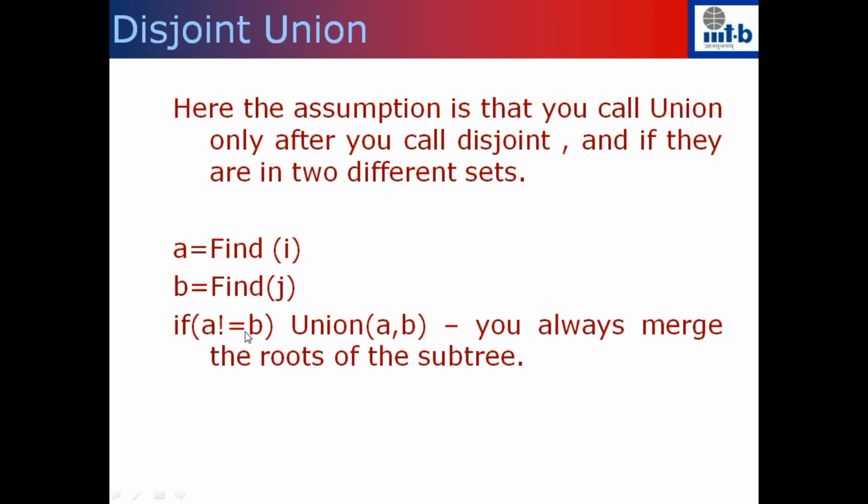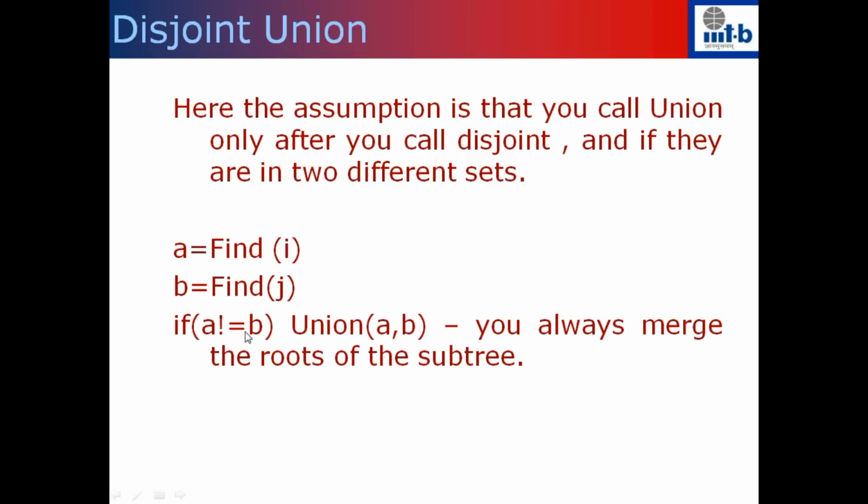That's precisely what happened in the case of Kruskal. You check whether an edge goes across two connected components; that is the disjoint. Only if it goes across, then you add it. So the checking is being charged to disjoint, and adding that edge and merging the connected components is being charged to the union. If the application doesn't necessarily call disjoint before you call the union, then the complexity of union will be equal to the complexity of find plus the union that we are doing.